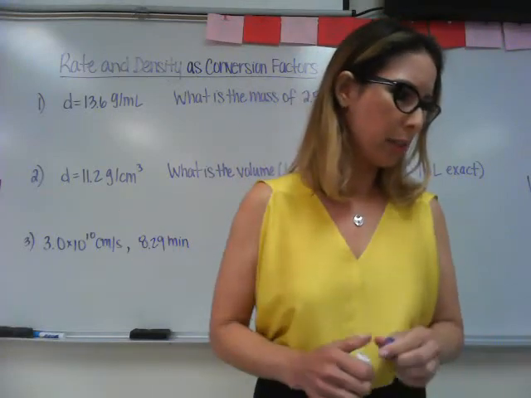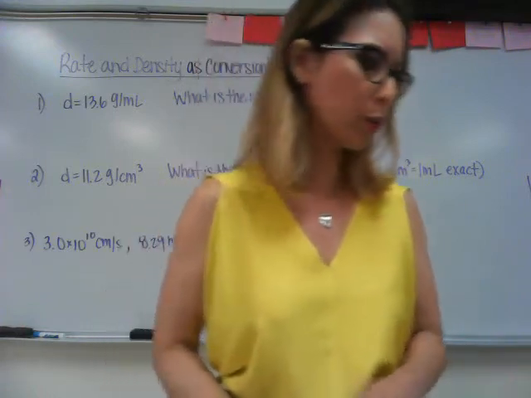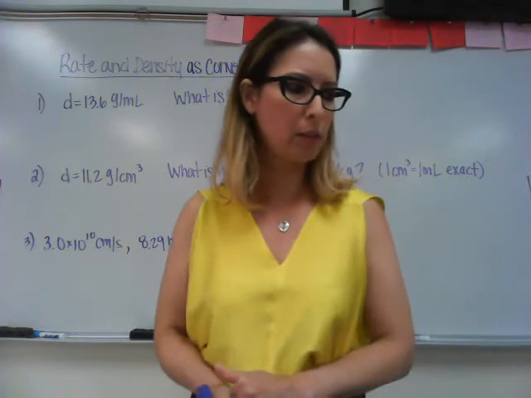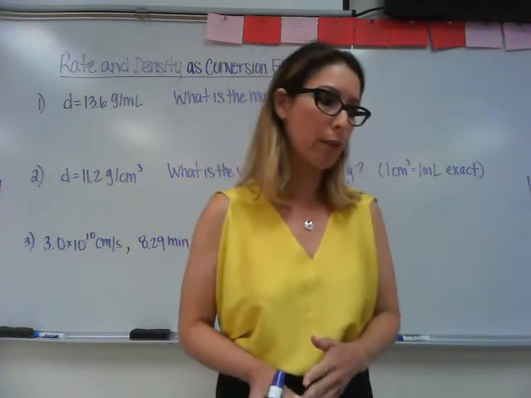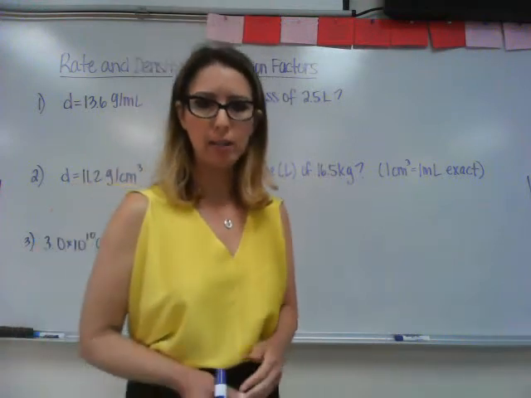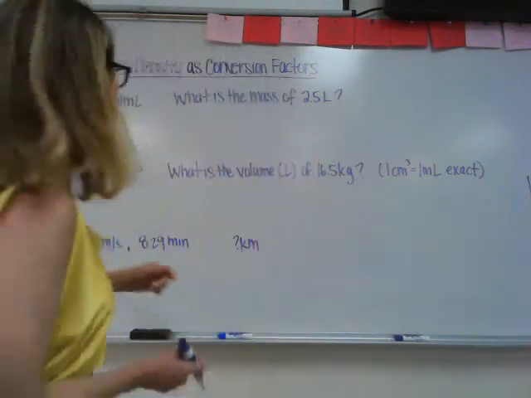Okay, we are doing practice problems for rate and density as conversion factors. The first question asks, the density of mercury metal is 13.6 grams per mL. What is the mass of 2.5 liters? So if they want to calculate mass, we're looking for grams, and it would probably be most logical to take